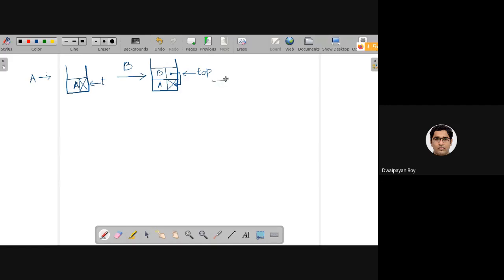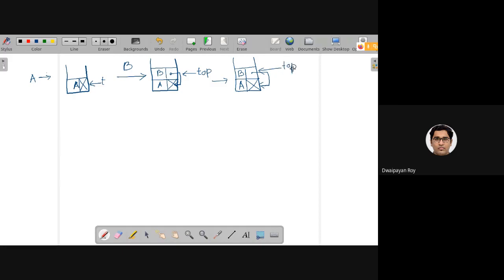So basically, it will look like this. A will be at the bottom. The next pointer of A contains null, and B is on top of it, pointing to A, and top is pointing to this node.